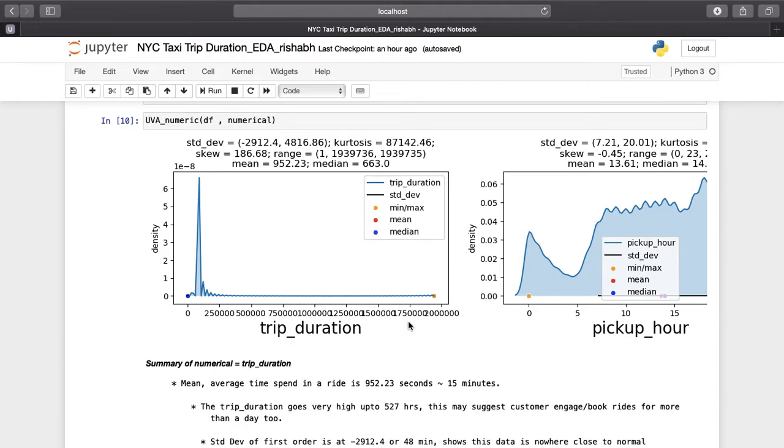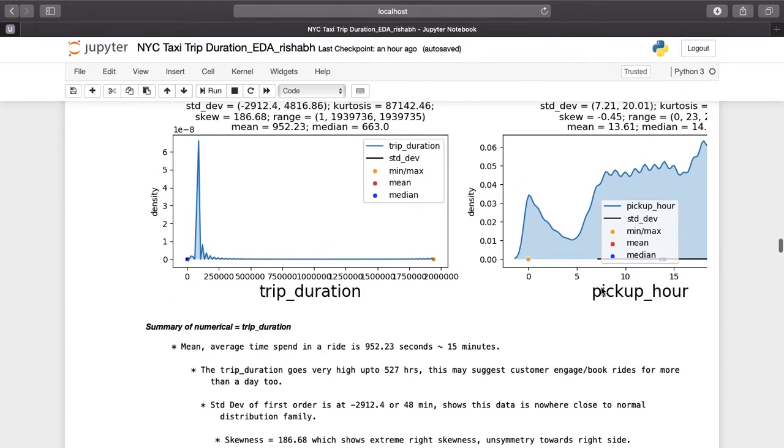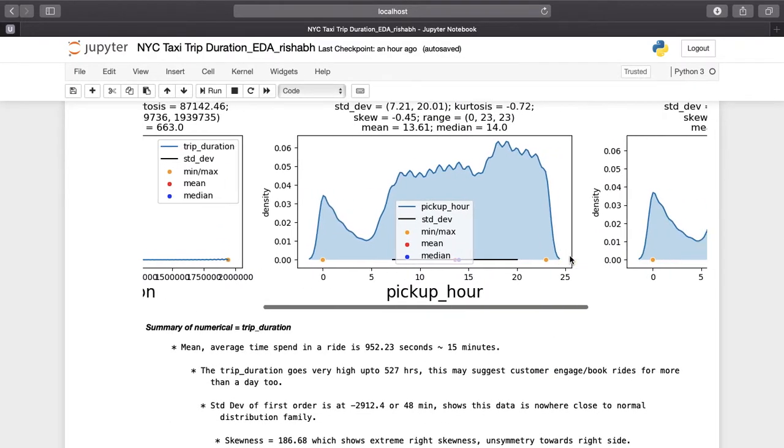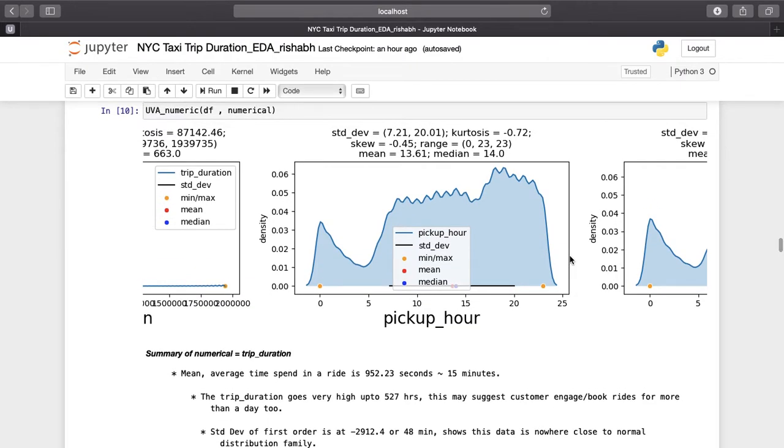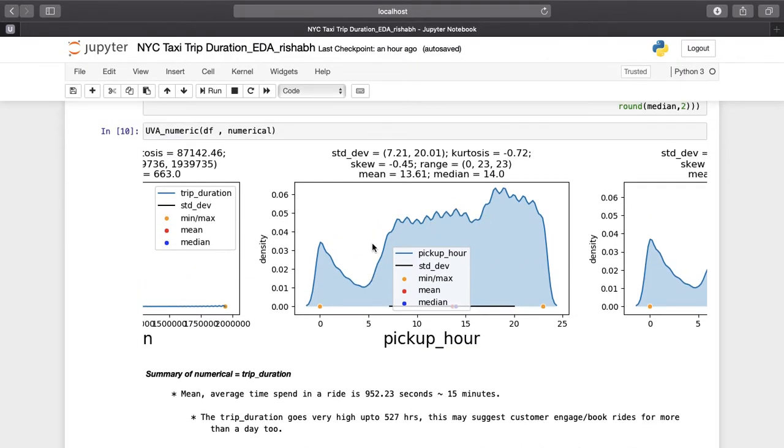Now when I created a table with pickup R, created another column with pickup R, I forgot that pickup R is becoming a discrete value. So that's why this graph is looking like a lot of discrete values, and that's actually true.